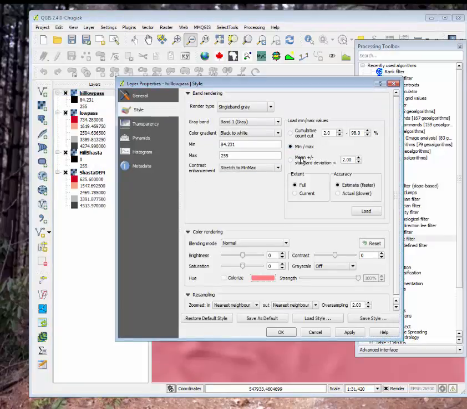I also selected minimum, maximum, actual, and load to make sure I'm getting the top value and the bottom value rather than dropping off some as the defaults seem to do. They start at 2% and go up to 98%. I want everything to show, and you'll notice that this really is a hillshade. It's looking at the shadows so that there's nothing bigger than 360 degrees.